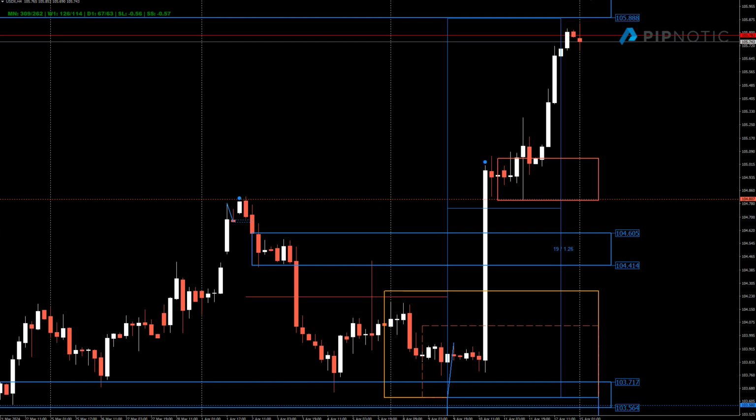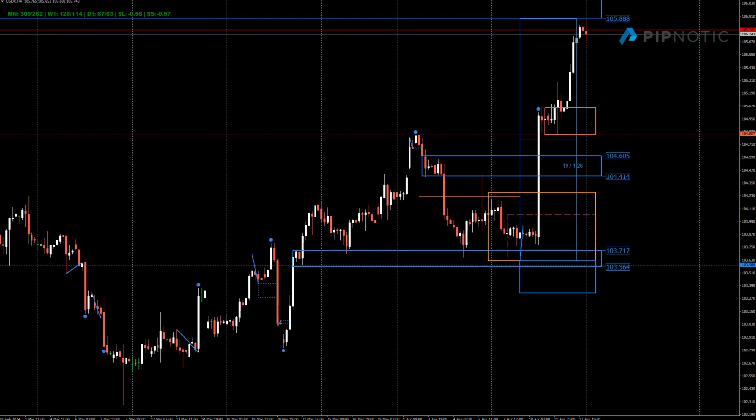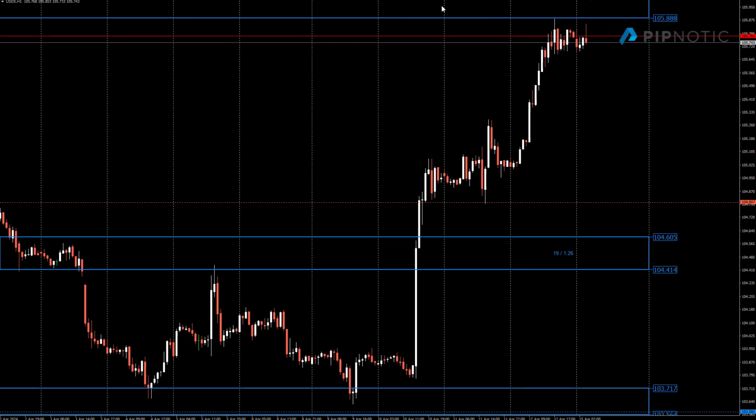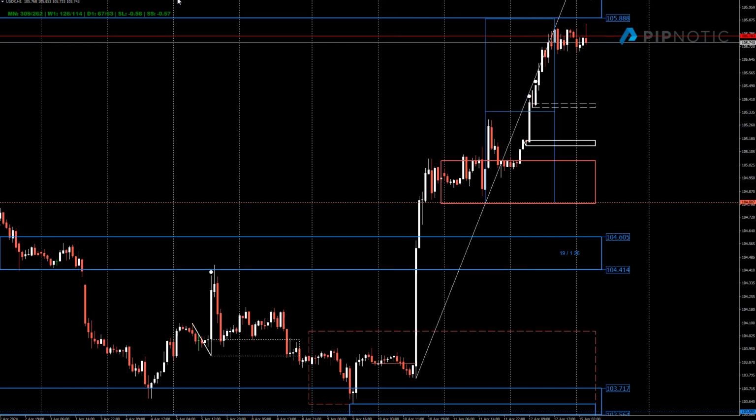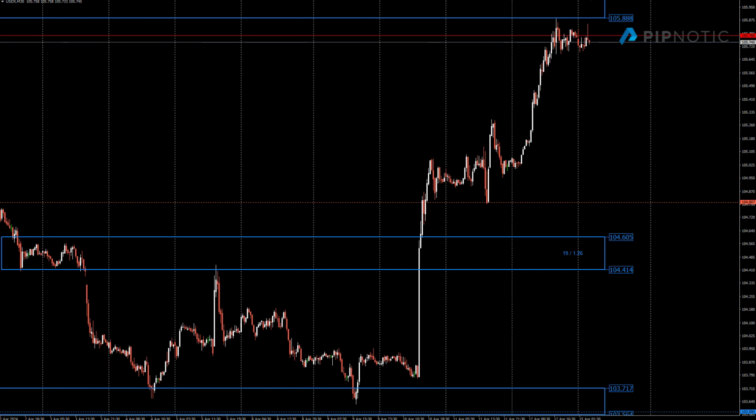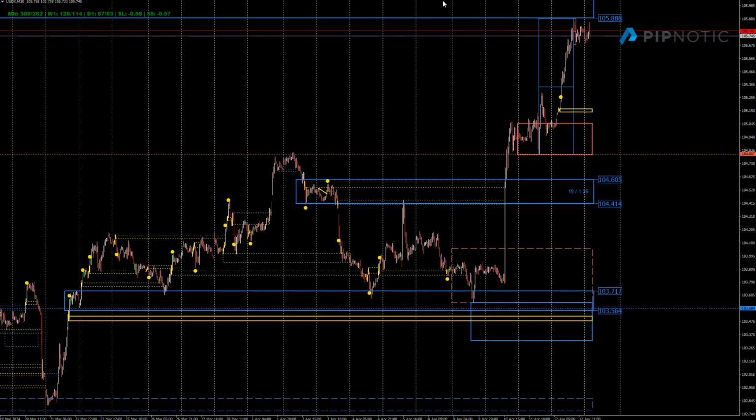But if we look at this and do a little bit of analysis, we can try to find some areas that might be interesting to us. There's nothing here on this time frame. So what we need to see is we have to find those areas that caused that price to rally, and I think that we're going to have to come lower. We have price inefficiency just here. We had prices that moved up and accumulated just here.